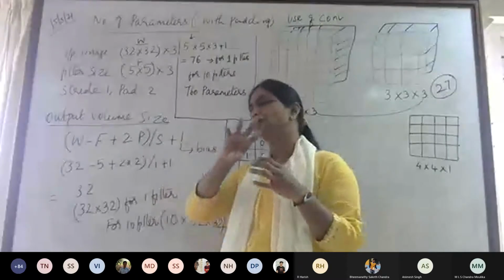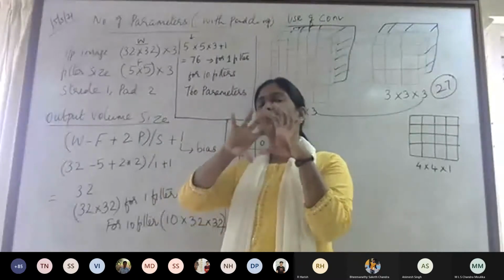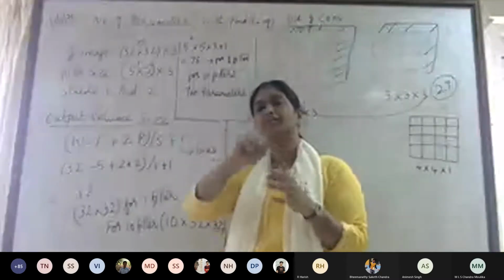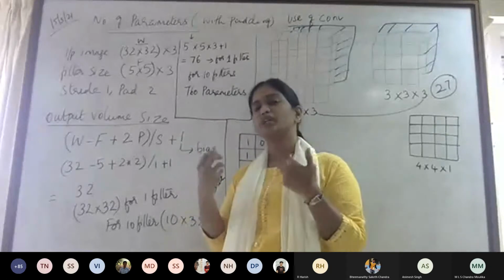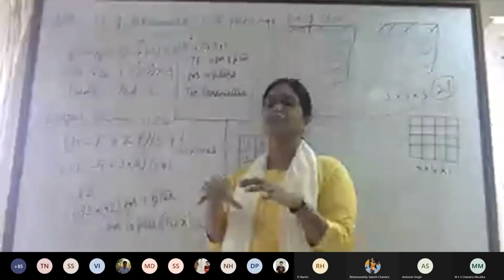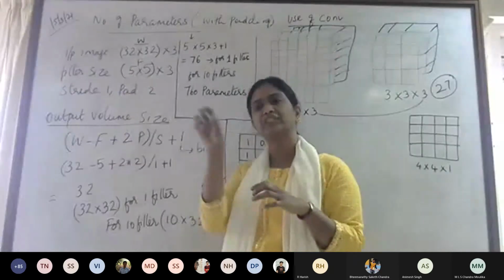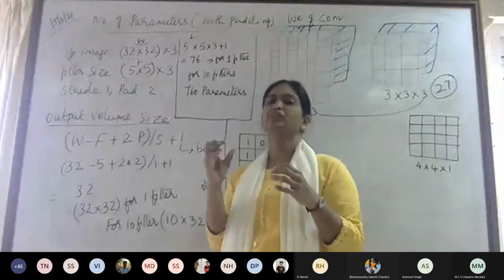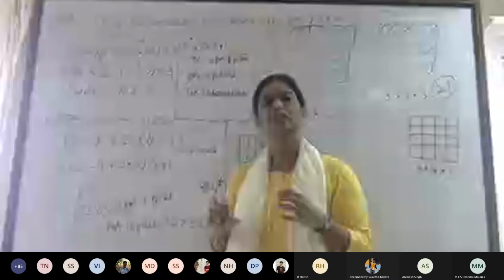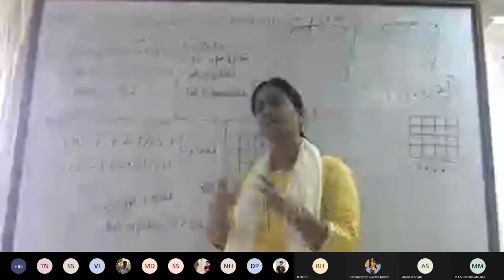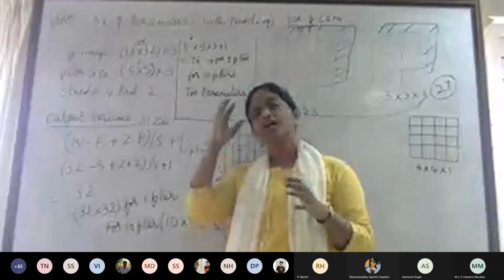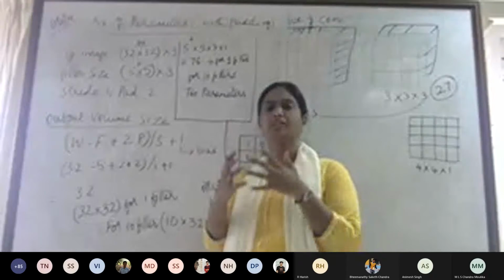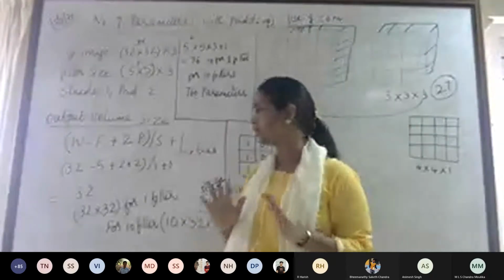If you are extracting the ear portion of an animal, then you need a filter which can recognize the curve regions. If you are recognizing the body region of an animal, then you need a filter with a different set of coefficients. If you are recognizing the tail region, then you need a filter with different coefficients. That means you cannot paint everybody with the same brush. You need a separate filter to extract different characteristics of an object in an image. That is the idea.